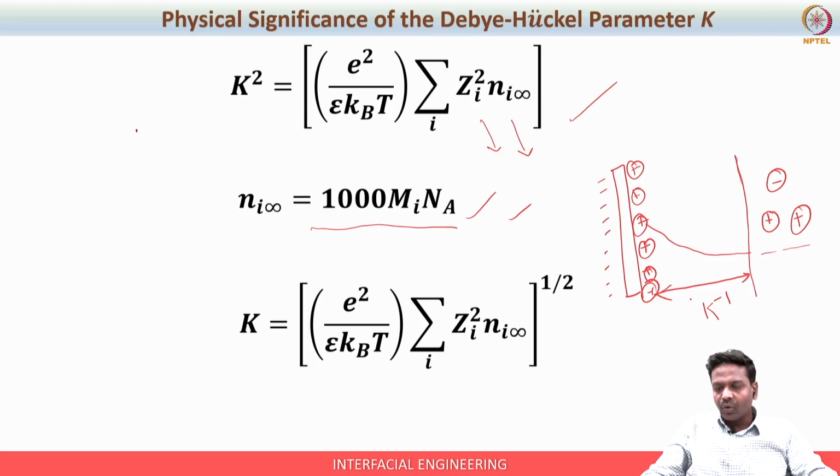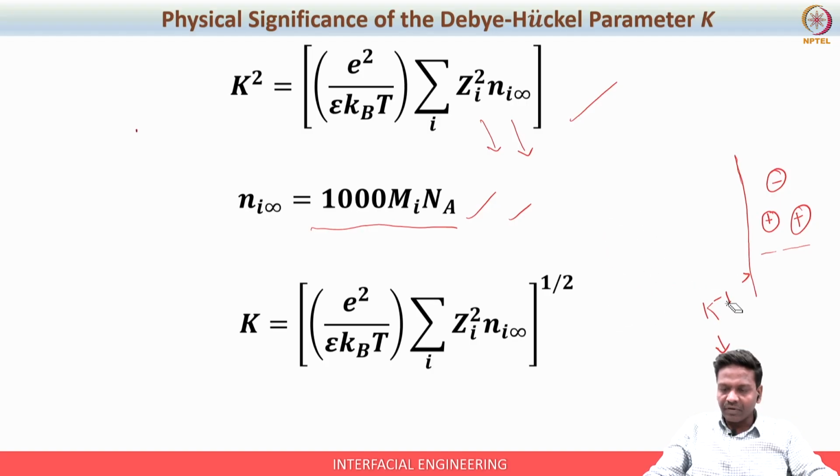So it will be interesting to know what is the characteristic length of this diffuse layer, that is indicated by what is known as k inverse, which is nothing but the Debye screening length. Okay. So sometimes it is very important to know what is the Debye screening length for a given problem. Okay. So that's why we need to do this exercise: how to determine the k inverse, which is the inverse of k. So k inverse is actually expressed in terms of a unit of length, which is meter. Okay. So this you should know, right?